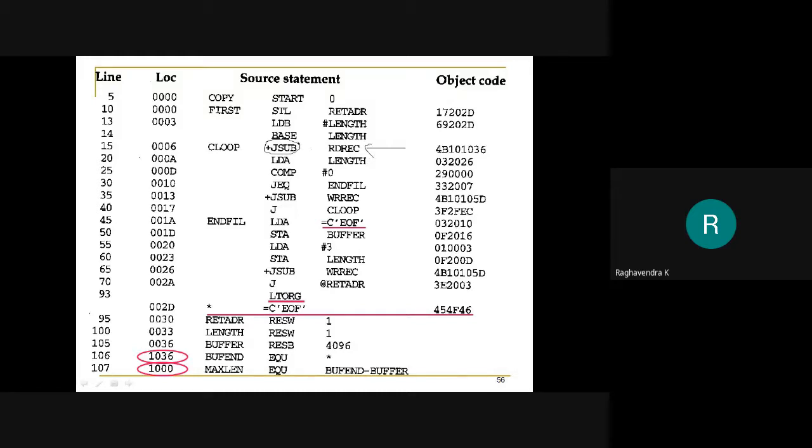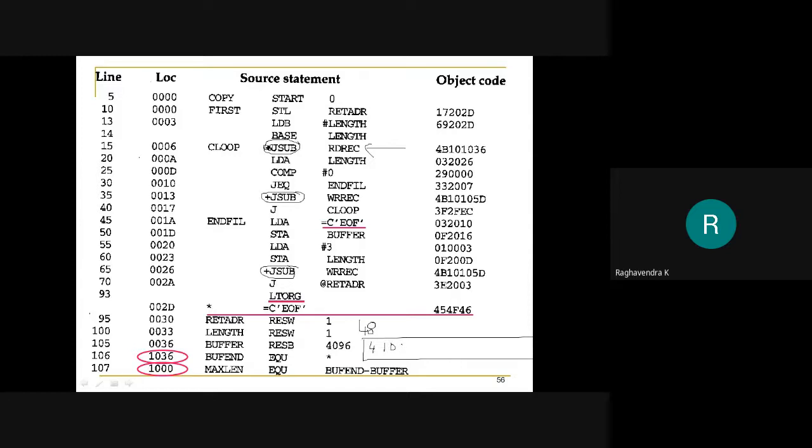It is this one, this is 2, and this is 3. Now what is the reason behind using extended format instruction? Okay, I'll just explain. Let me assume that this plus is not there here. We already know that the JSUB value is 48. So I'll just try to assemble the instruction using PC relative addressing mode. So 4 and then 8 is